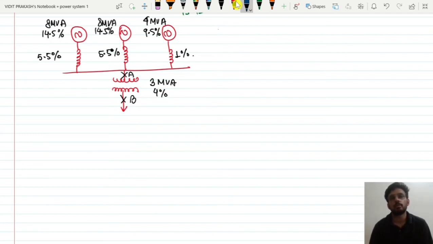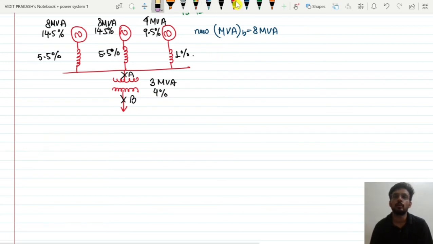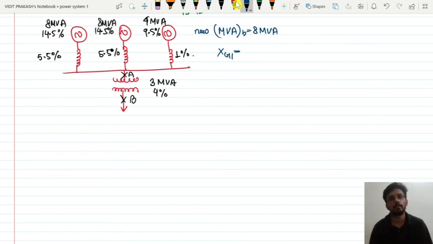And I'll take the same MVA base value, that is 8 MVA, the new MVA base value, and the percentage reactance for all the equipment, G1, G2,